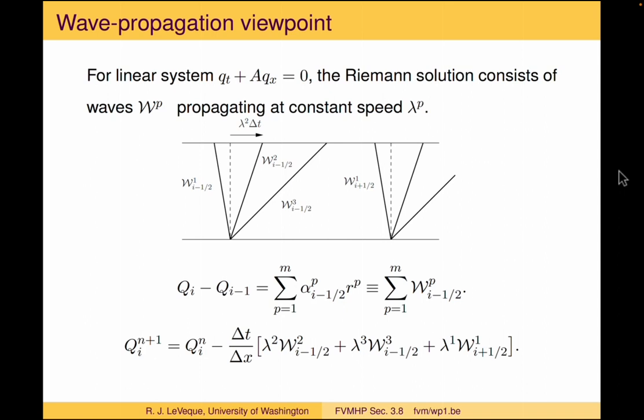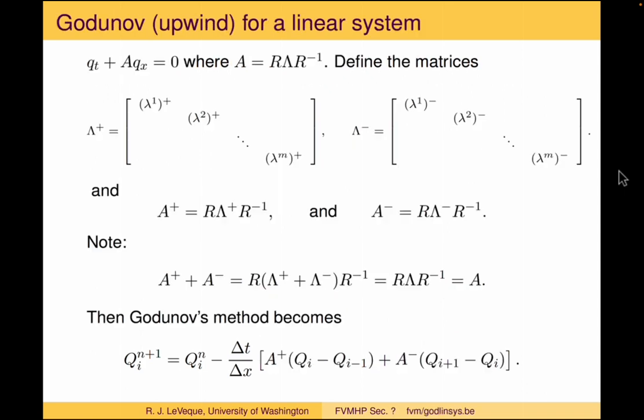So this, for a system of 3 equations with 2 positive and 1 negative eigenvalue, would be the formula. But you can see, I think, how this would generalize to a general system of equations. And you can also look at it for a linear system in terms of a decomposition of the matrix A. So if we think of taking the matrix A, which we assume we can diagonalize with eigenvector matrix R, you can split up the matrix lambda, rather, the diagonal matrix, into lambda plus and lambda minus,